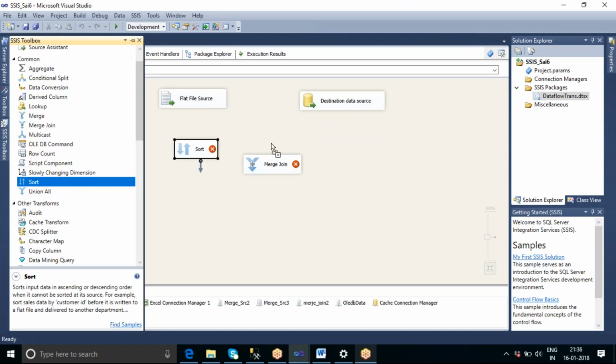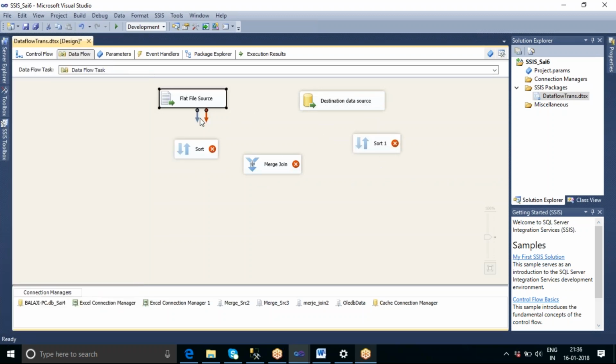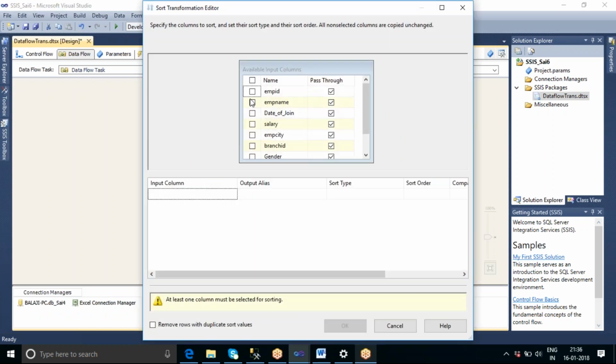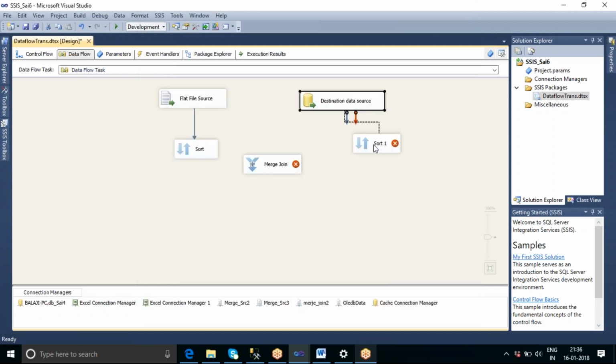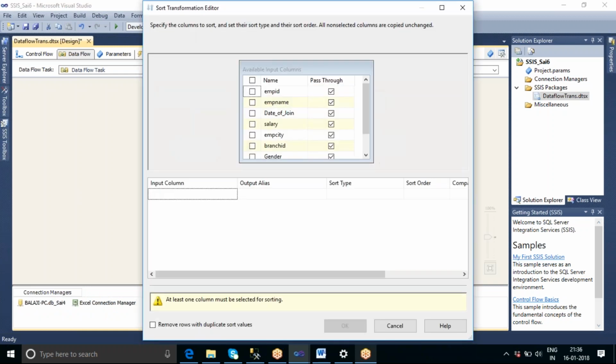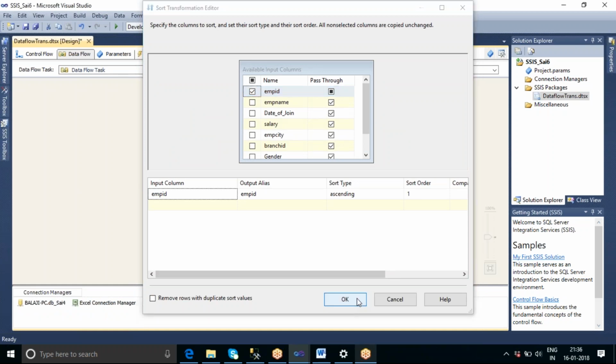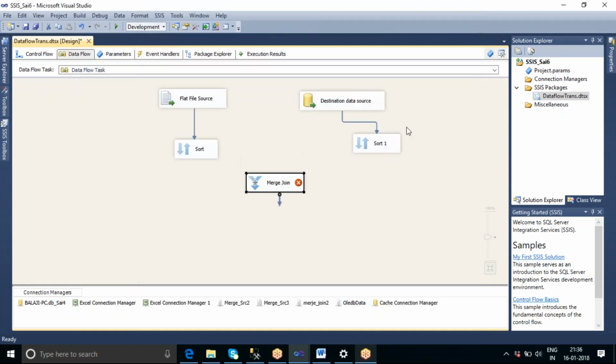Okay, we have to sort the data. So let me sort this data by employee, and sort the destination source data also by employee. At least one column should be there. And now